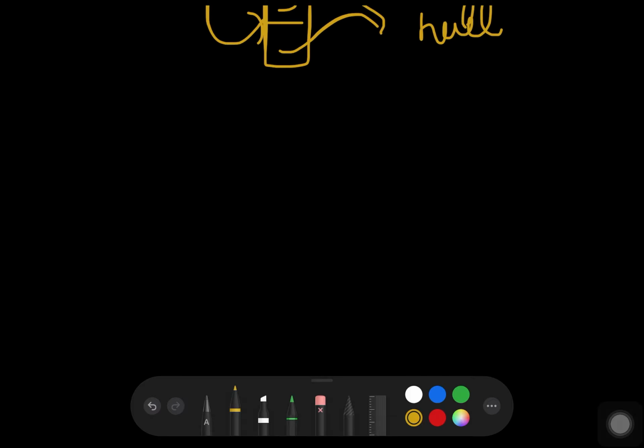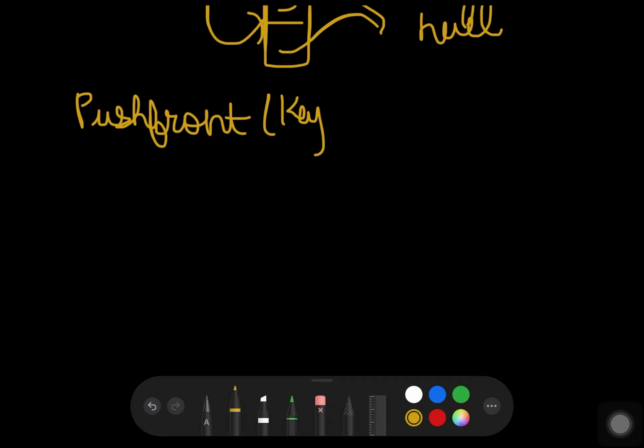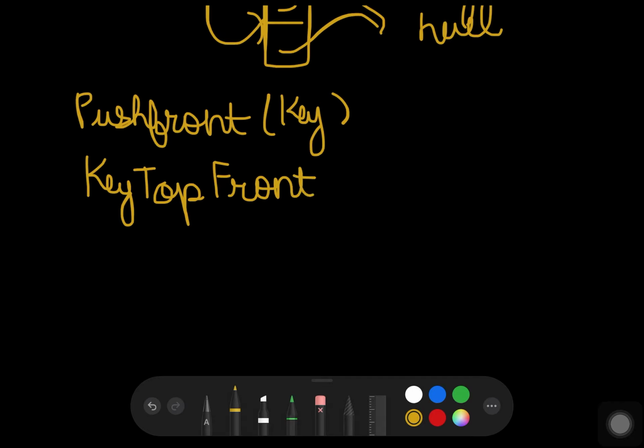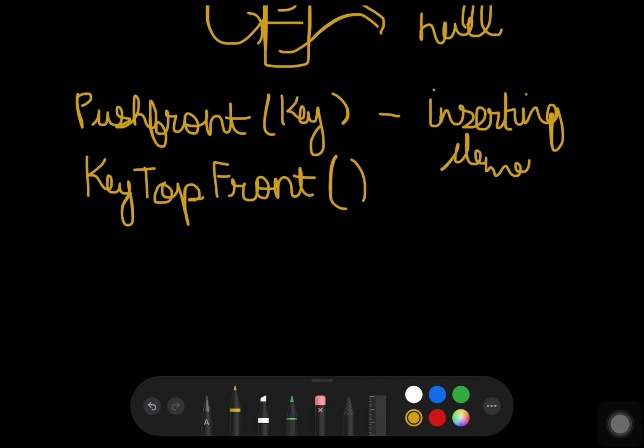So there are many operations associated with this singly linked list. What we drew above is called a singly linked list. Some functions are push front, where we add an element to the front of the linked list. Top front. There are other names also available for these functions in different languages, and people use them differently. But for the explanation here, let us name these as follows. Top front, it is for inserting an element in front of the linked list.